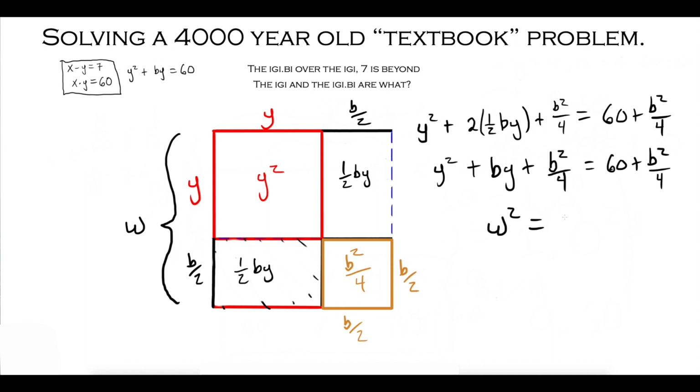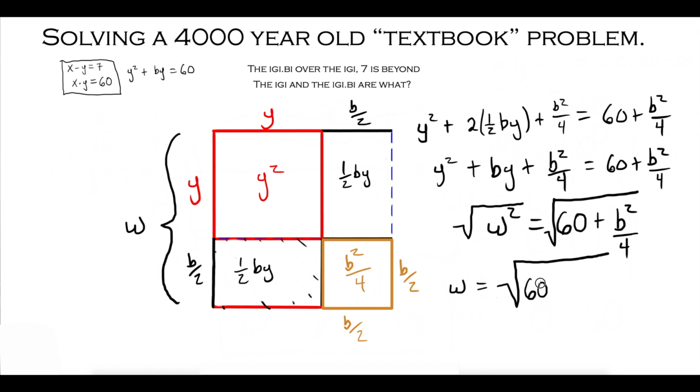We will call the length w. So this area is w squared equals 60 plus b squared over 4. Therefore, the square root of w squared will be w, and w equals the square root of 60 plus b squared over 4. Well, we know that b is actually 7. So if we were to replace all of the b's in this equation with the known dimension, the known remaining value of 7,